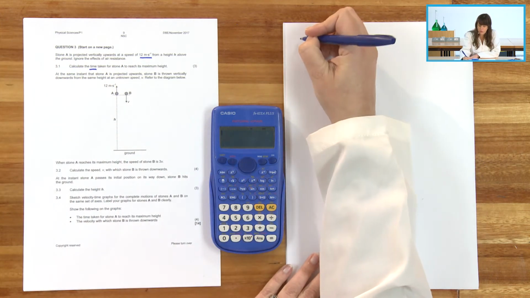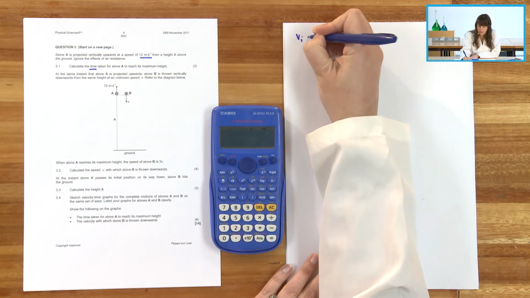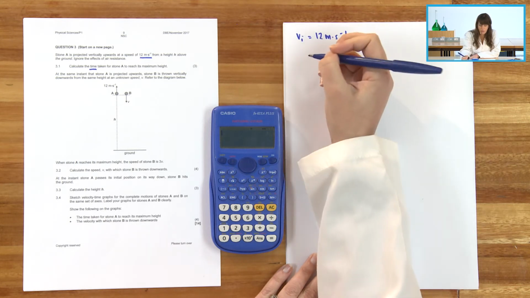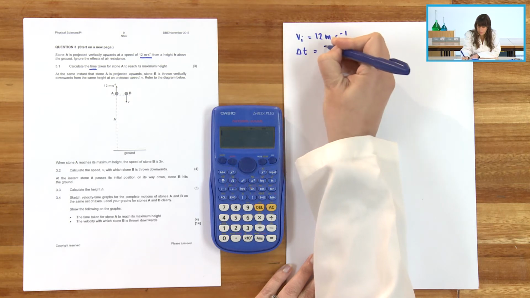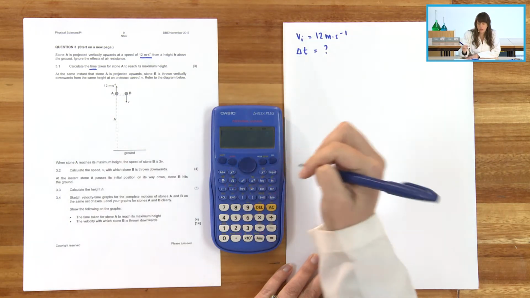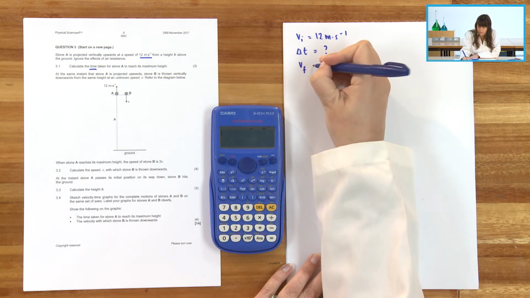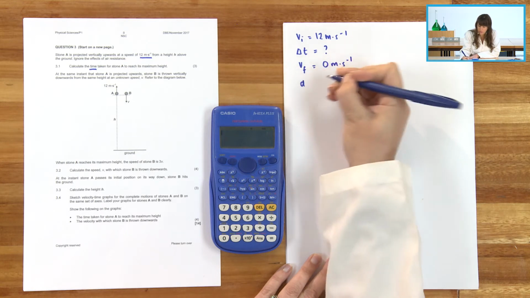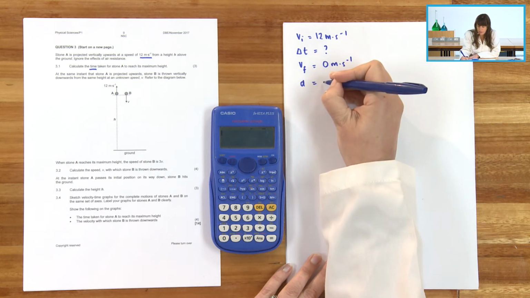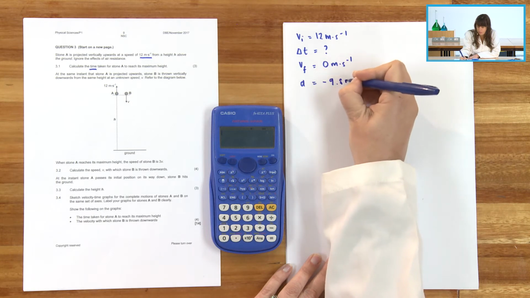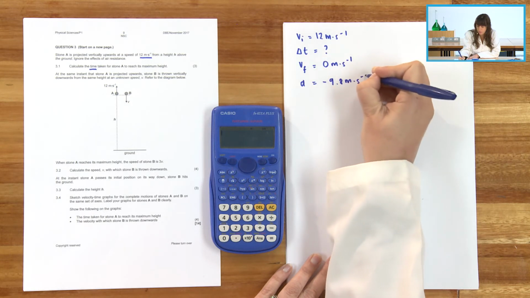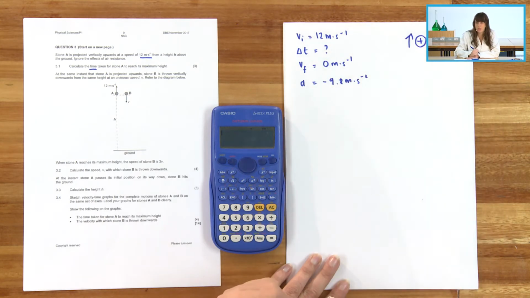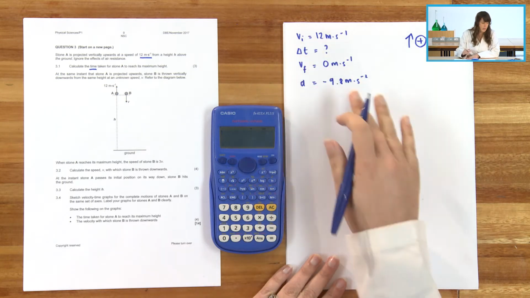What I always do, we first have to write down what we have. Well, we know that Vi is equal to 12 meters per second. We are looking for the time. We also know that since it's going to its maximum height, at the maximum height, Vf will be 0. And as always, we know that acceleration is negative 9.8 meters per second squared. Notice that I'm taking upwards as positive, and that's why my acceleration is negative. Once we have this,